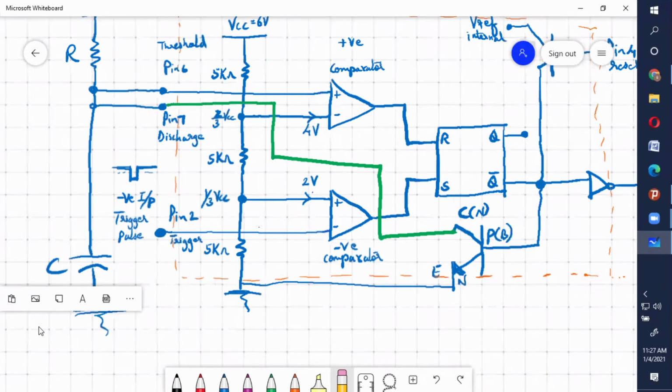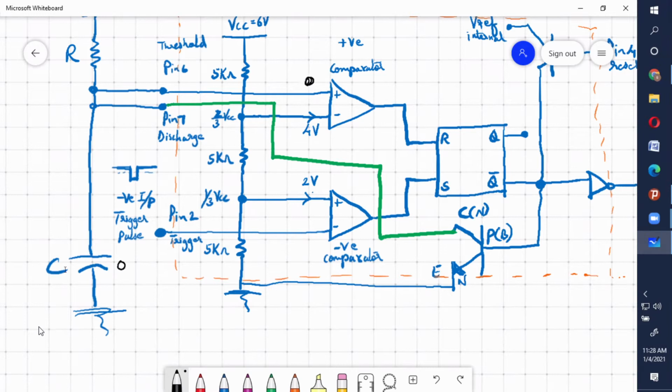So assume that, students, now the capacitance value is how much? 0, right? So 0 is appearing here. Students, 0 has been applied to this positive terminal, right? Here you'll have a 0. Yes or no, students? You'll have 0 volts here, right?